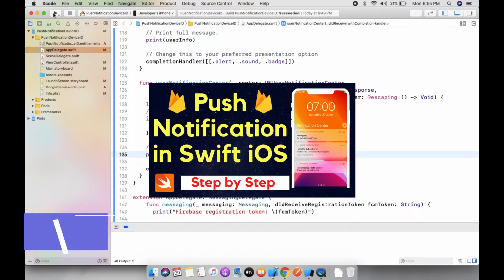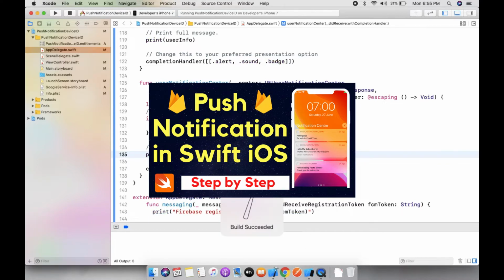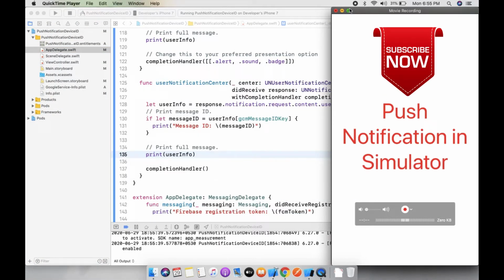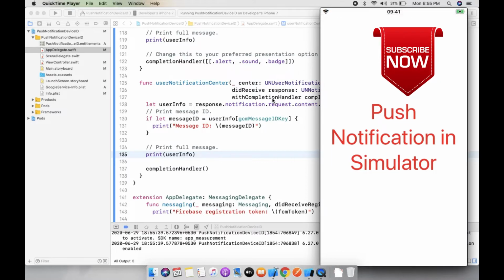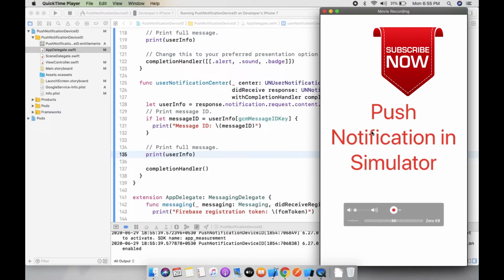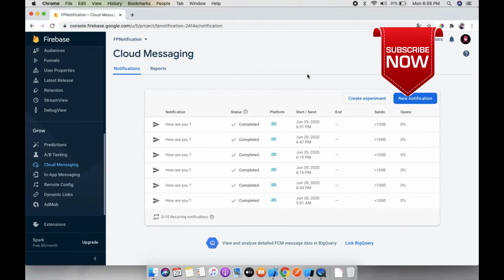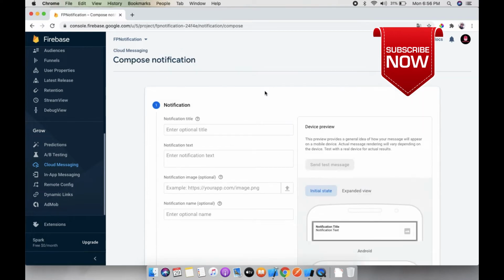Let's click on the run button. This is my device, so I want to test it first before going to simulator mode. Let's send a new message: push notification on device test.